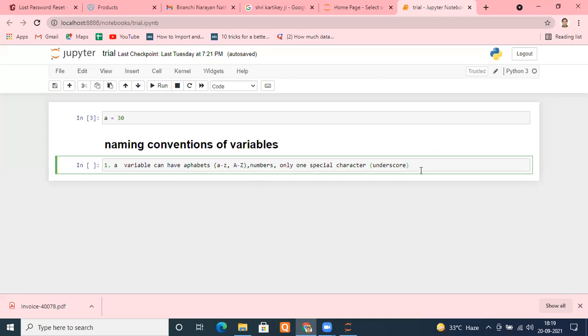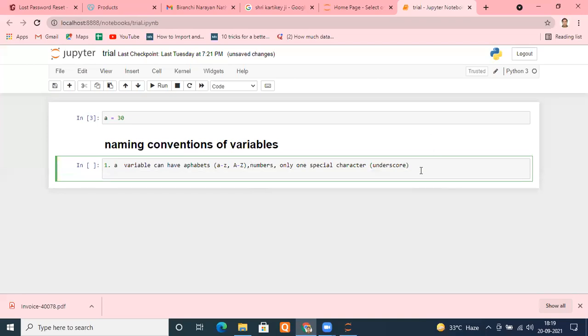Second rule. Remember, a variable name can have, that is better, a variable name cannot start with a number. Remember these rules.